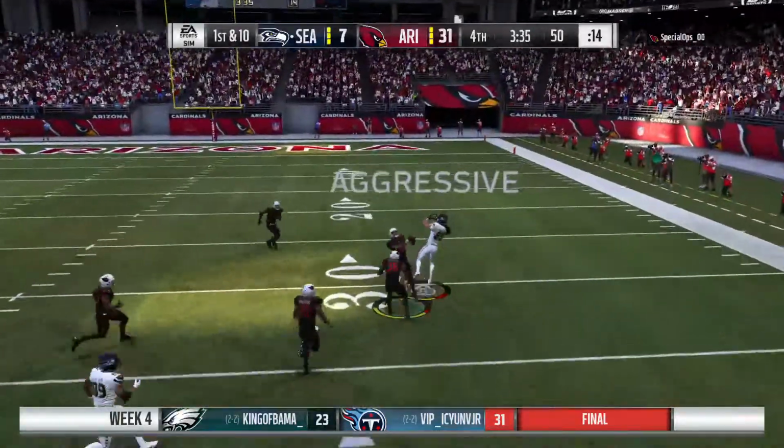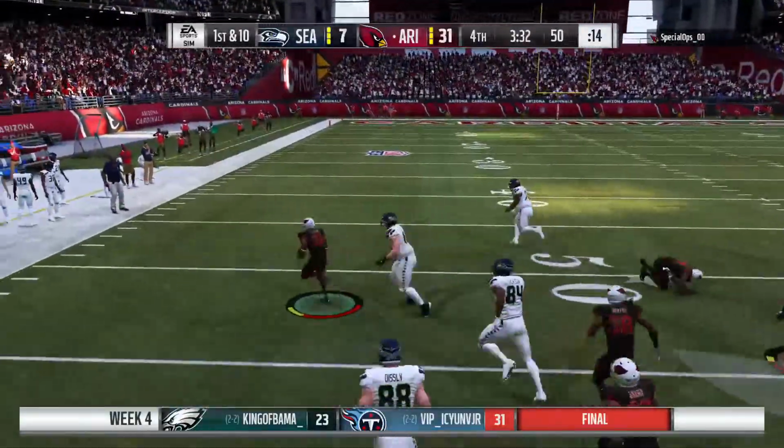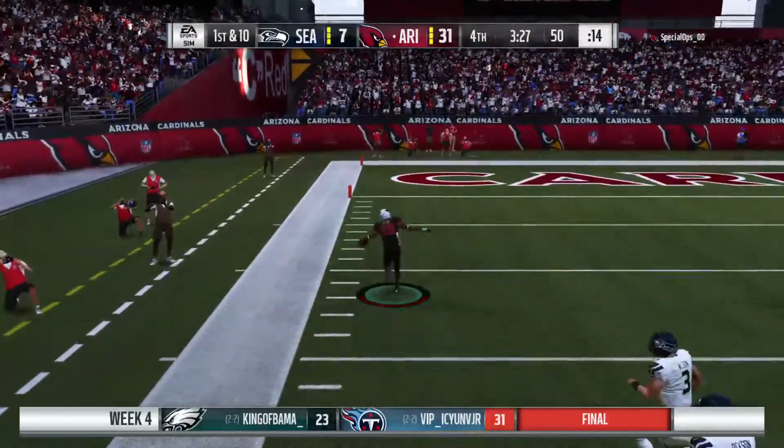Now Wilson. And my goodness, another interception. Picked off by Jamar Taylor. Look, and he's free going down the